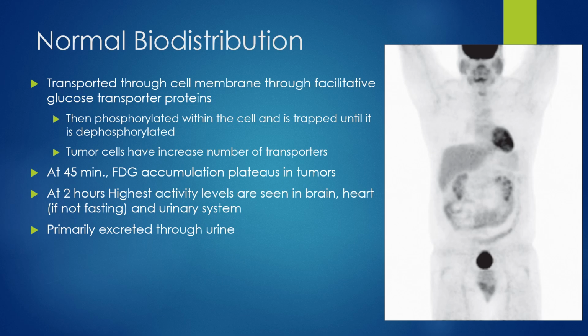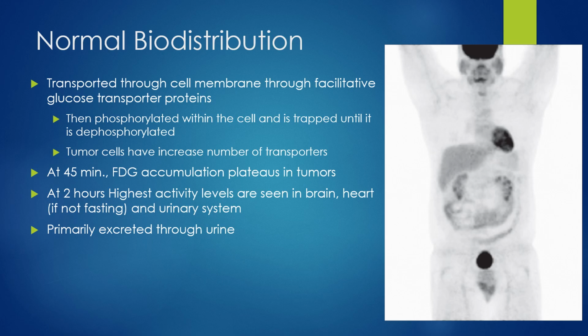The tumor cells have an increased number of transporters. They take up more of the glucose and then it gets trapped in the cell. At 45 minutes, the FDG accumulation plateaus in tumors, so technically you could scan them anytime after that. That's the bare minimum. And then at 2 hours, the highest activity levels are seen in the brain and the